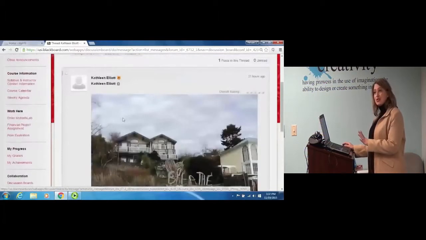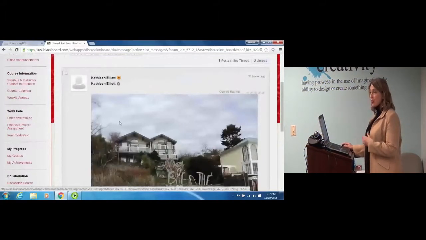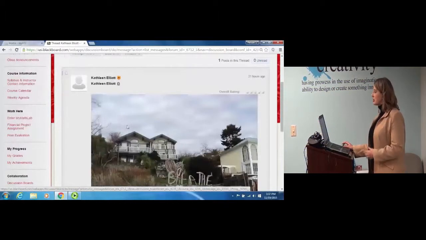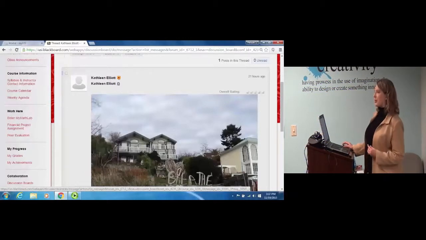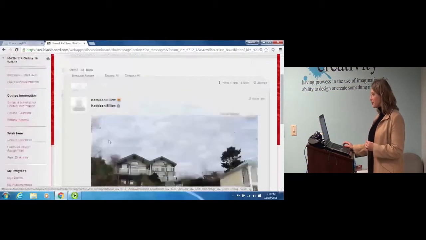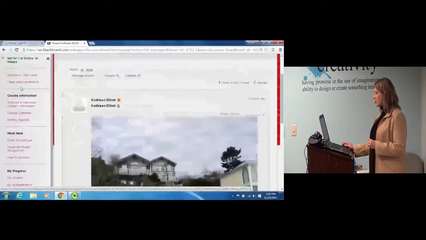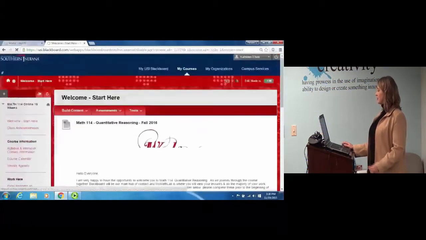I want them to hopefully put a picture up, and hopefully that inspires them to put something of their own up. Get used to posting pictures, because I think that's the most likely way that they'll share what they're doing on paper with us, is with a photograph. Okay, so once they do that, we'll go back to welcome,